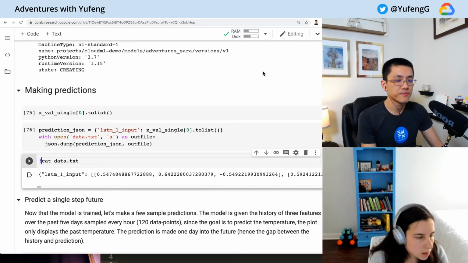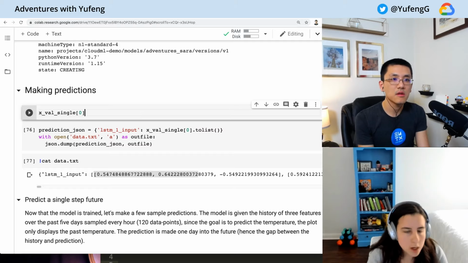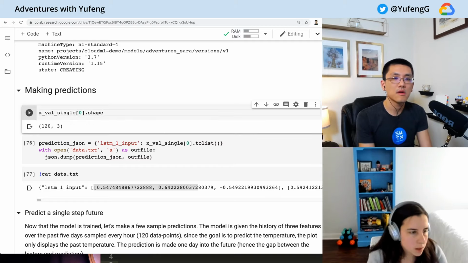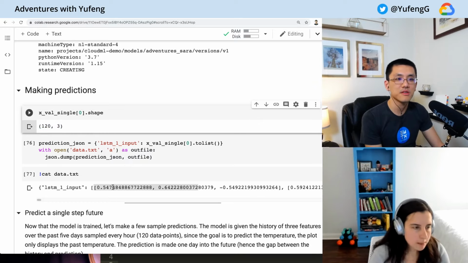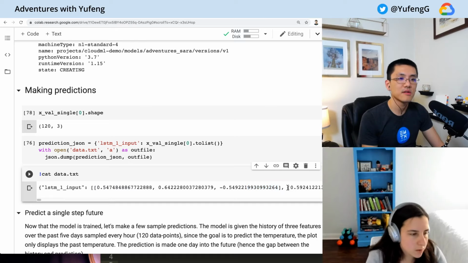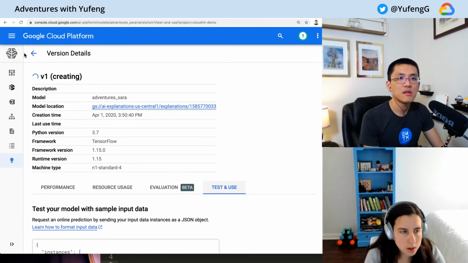Cool. Yeah, so each array in there is 3 elements because we have 3 features for each day, or not day, but whatever time step we're using. I forgot what it was. Okay, yeah, it's 120 by 3. So it's 120 rows with 3 columns each. So it's these 3, then these 3. Yes, 120 observations. Yeah, so next if you want to copy in the next 2 gcloud commands,